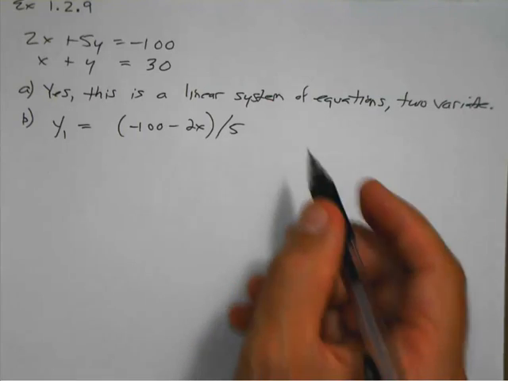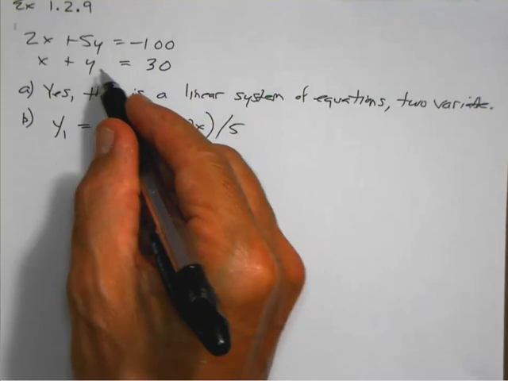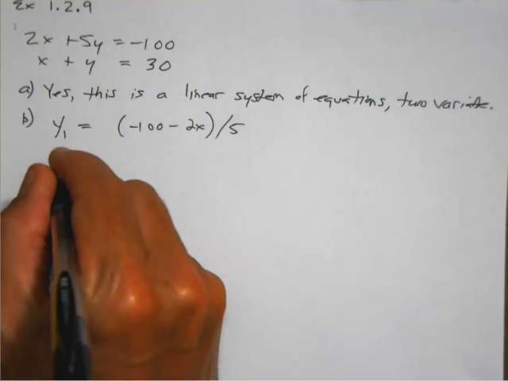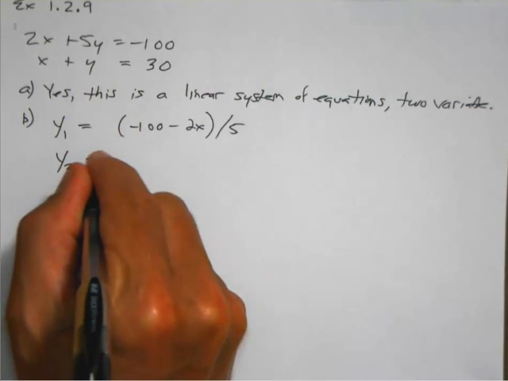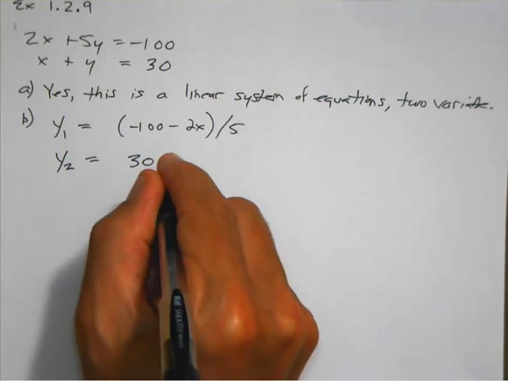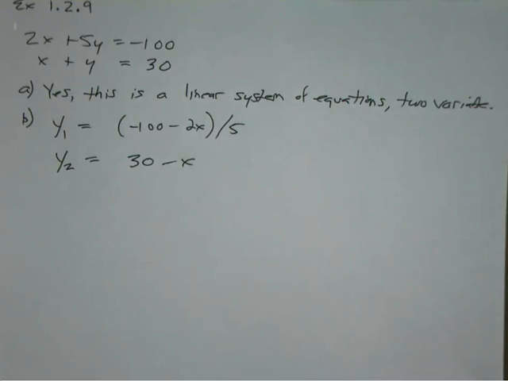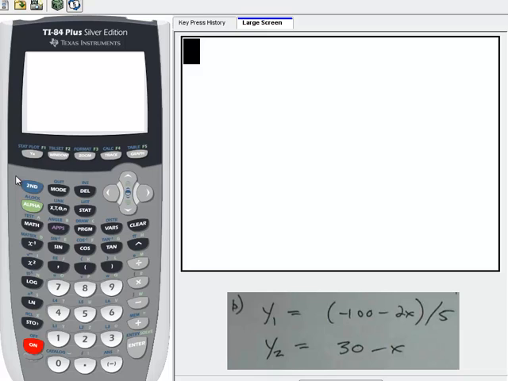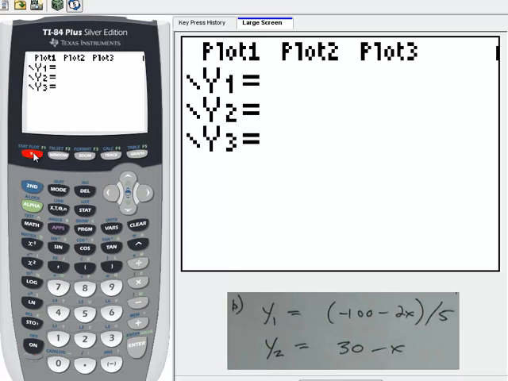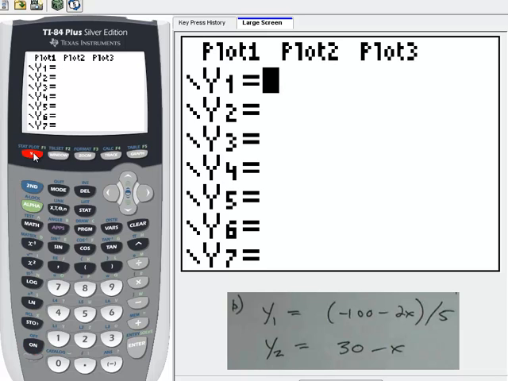In the second equation, pretty simple. Just subtract x from both sides. We have y2 equal to 30 minus x. Okay, we're ready to go to the calculator. Let's go to the y equals edit screen. We have obtained for y1,